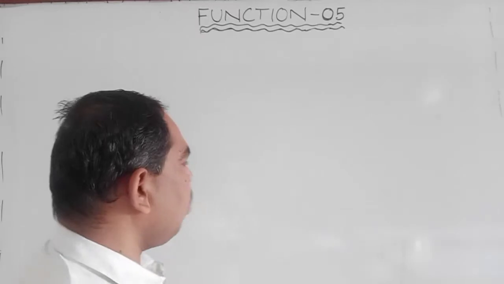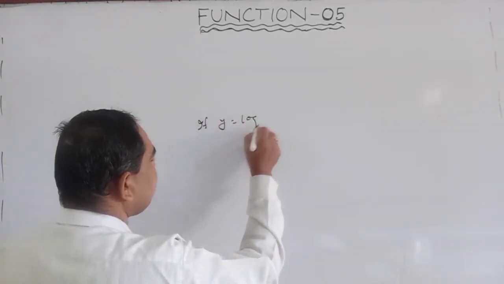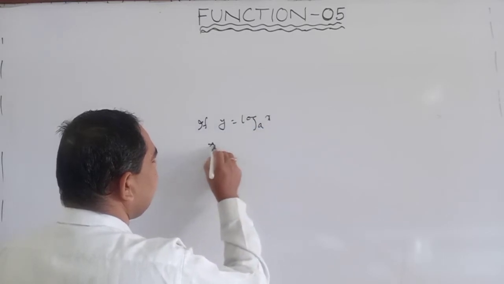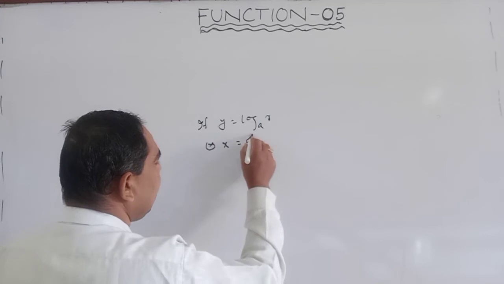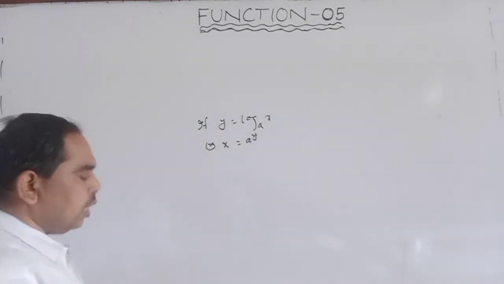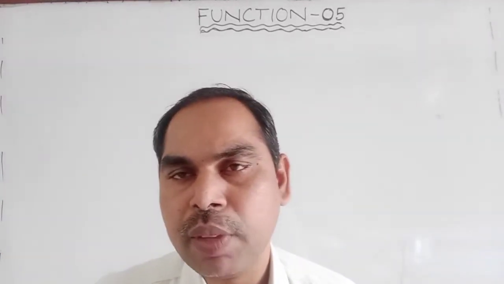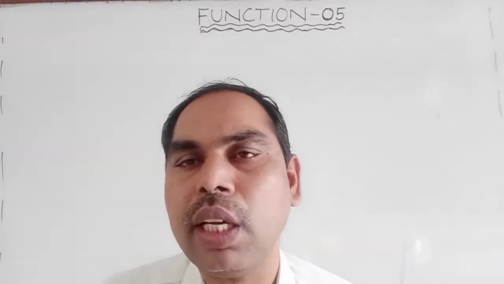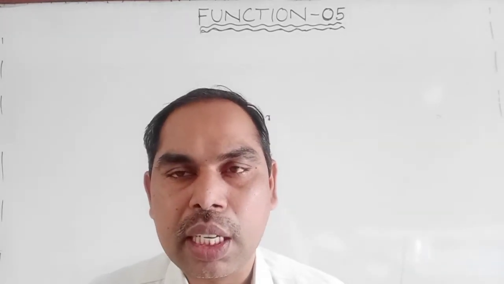If y is equal to log of x base a, then x is equal to a to power y. Therefore, domain of logarithm function is equal to range of exponential function, and range of logarithm function is equal to domain of exponential function. Okay,